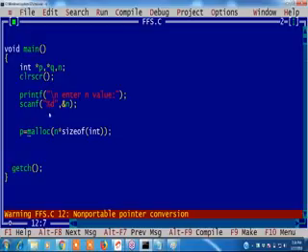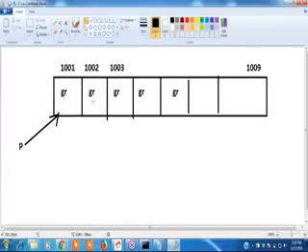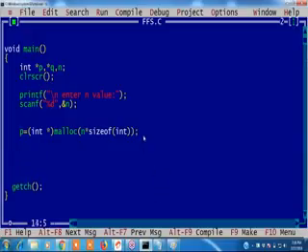Now I want to store in integer. Okay, guys, int star p I have taken. If I write int star p, can I write p equals malloc of? We can't write. Why? Because p is an integer type, and malloc returns a void type. That's why typecasting is required. Okay, this is not mandatory. That is optional. If you write it also, nothing will happen.